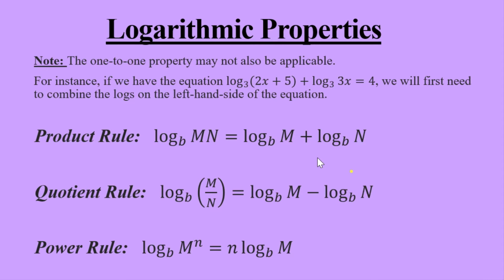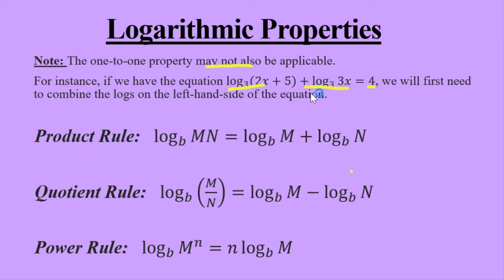Now let's consider more logarithmic properties. One thing we want to note is the one-to-one property may not always be applicable. For instance, let's suppose we had an equation like so: log base 3 of 2x plus 5, plus log base 3 of 3x, equal to 4. Well, you'll notice that when we have the one-to-one property, we have usually one log on one side and a log